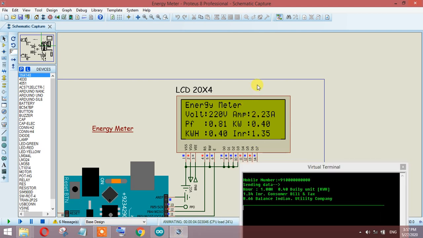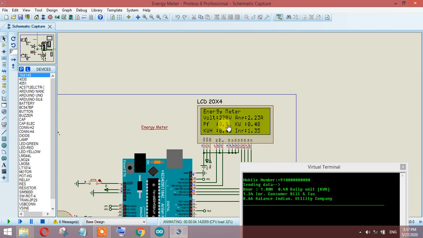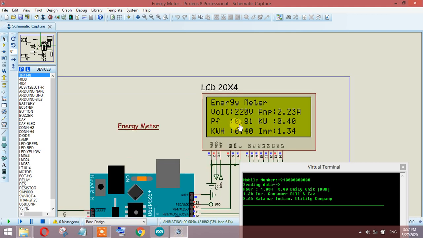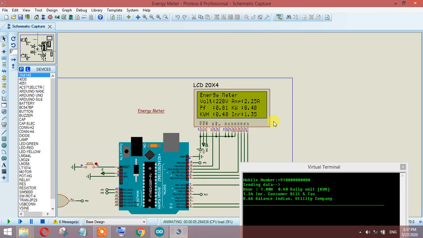There is a power factor as well. You can see the power factor dropping if you add a more inductive load. Then this is the kilowatt. You can calculate it, and you can also verify my readings. I have already verified it on paper as well. This is kilowatt hour, how much you have consumed.